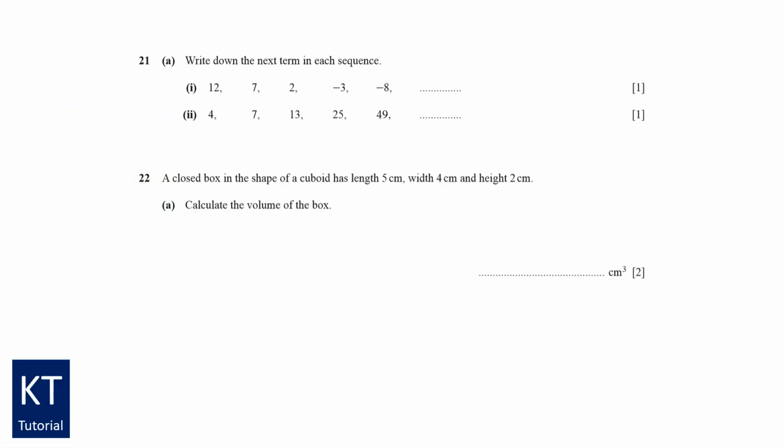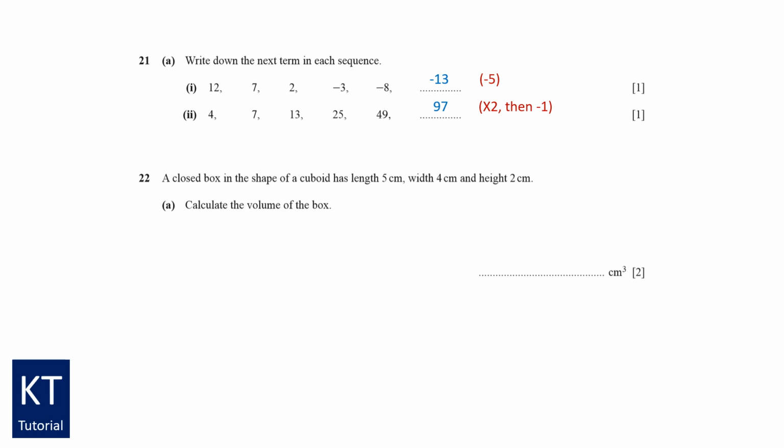Question 21. Write down the next term in each sequence. With the pattern being a minus 5 from one number to the next for the first sequence, the next number is minus 13. With the pattern on sequence 2 being a times 2 followed by a minus 1, the next term for the sequence